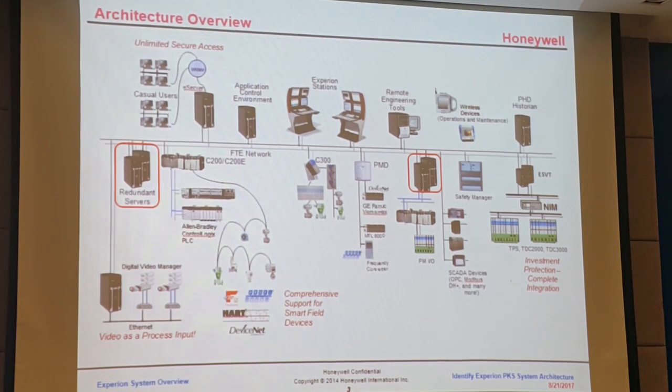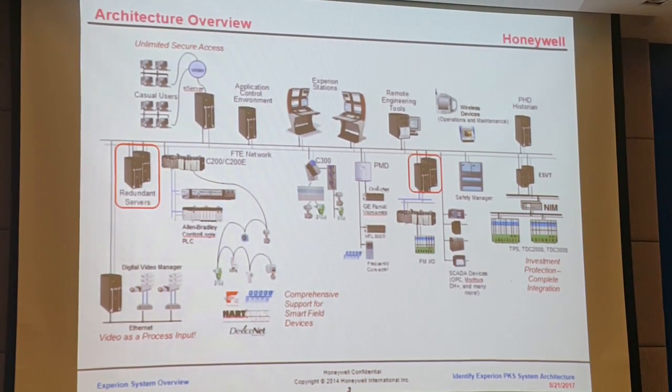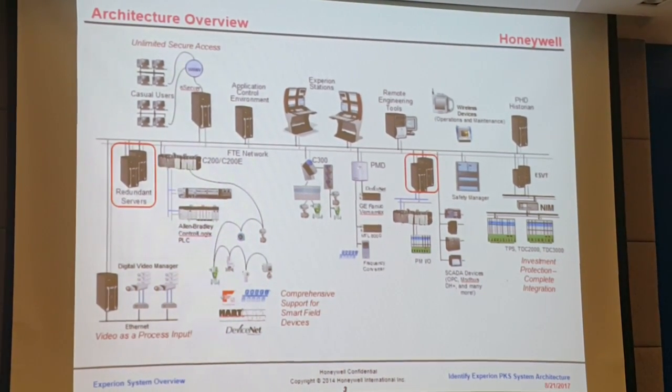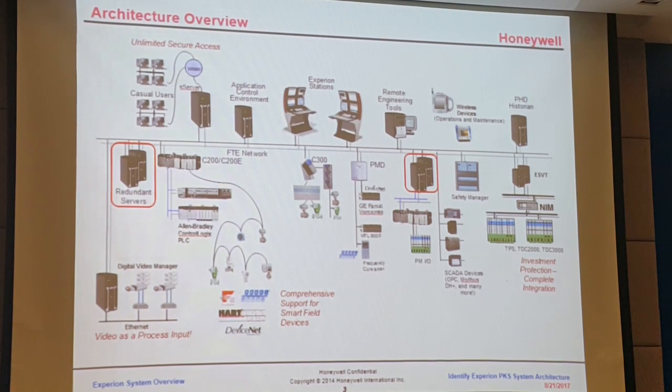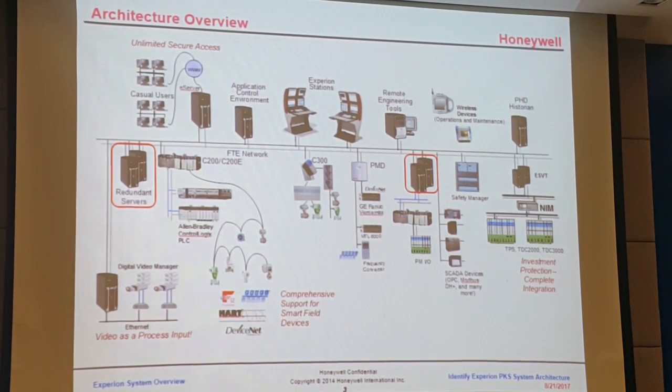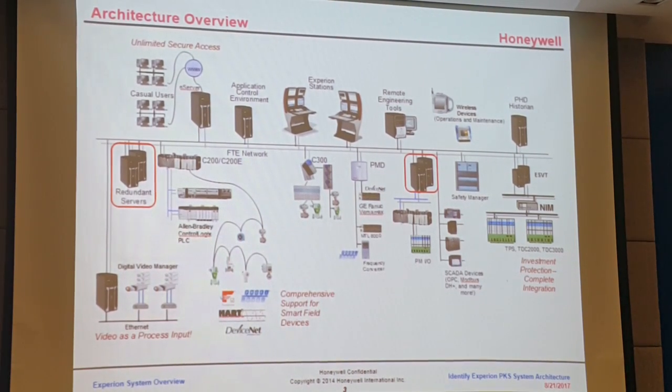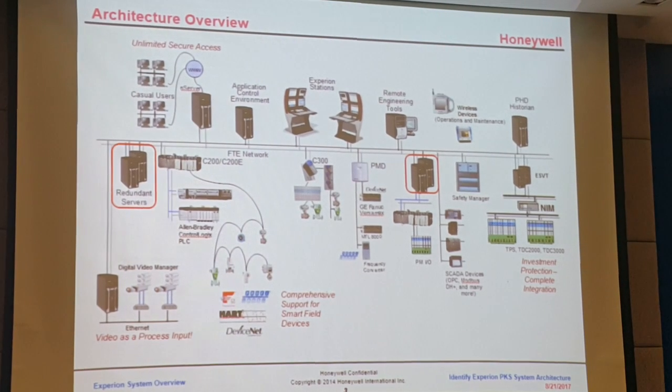So the second server here shows a C200 or a process controller connected using control net. The C200E controller architecture is very similar to that of the C200. C200E is very similar to the C200 controller, with an expanded memory capability. We also have a third